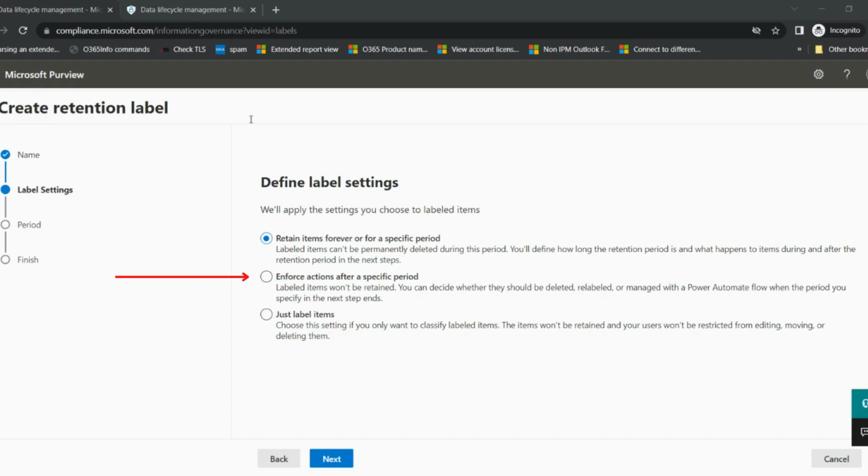Now let me talk about the last option, which is just label items. You can choose this option just to label the items. And once labels are applied, items won't be retained or deleted. Okay. So just for the purpose of this demo, I'll leave the first option selected and then I'll click on